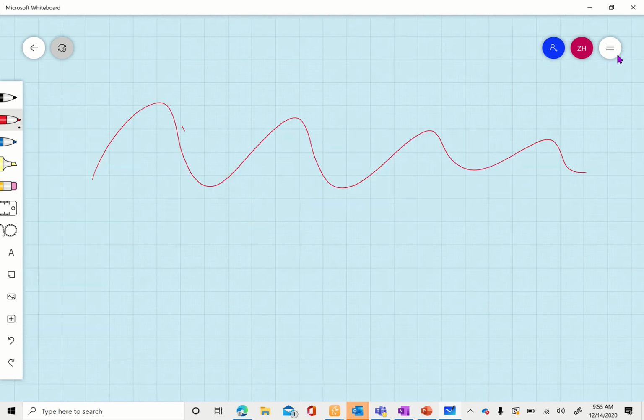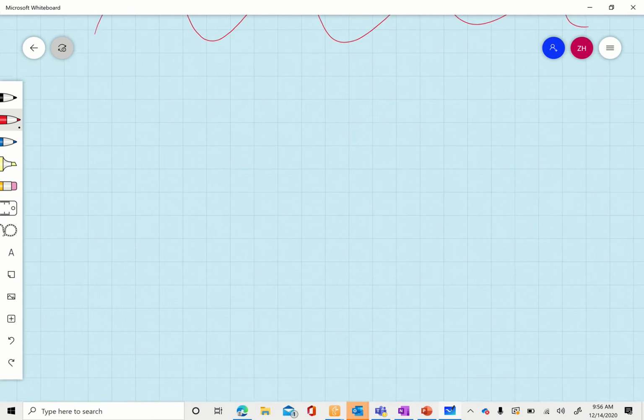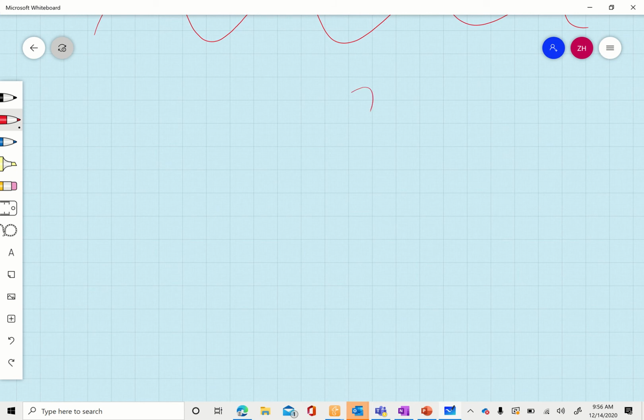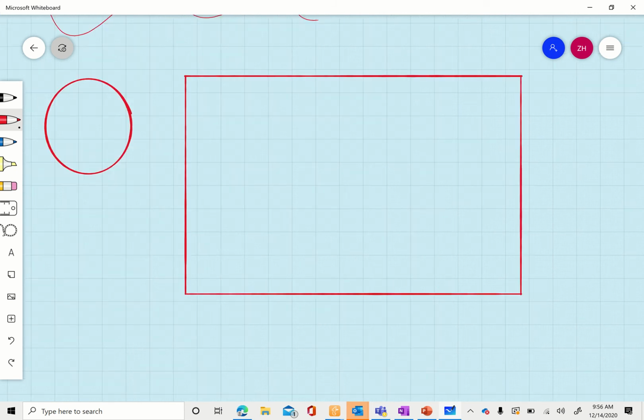At the top right corner, there is a button with 3 lines. Let's select that, and let's turn on Ink to Shape and Ink to Table. Ink to Shape is going to correct any shape that I draw that is even a little bit inaccurate. For instance, if I draw a circle, it'll fix it, and if I draw a rectangle, it will fix my